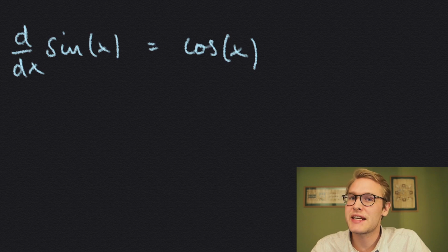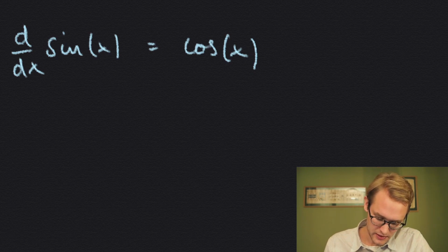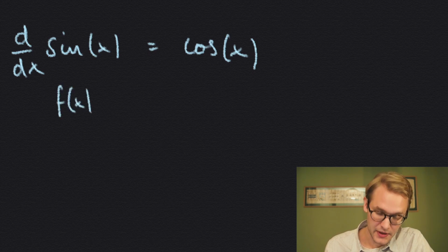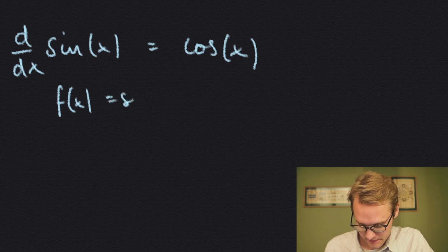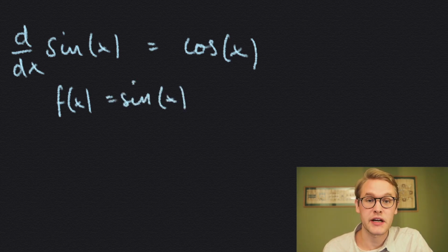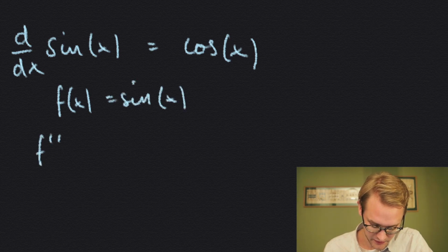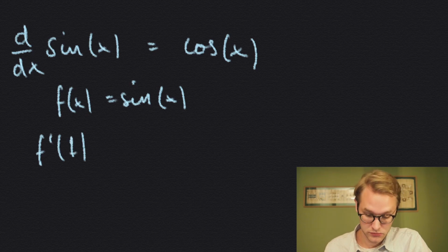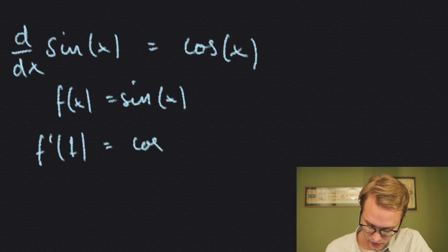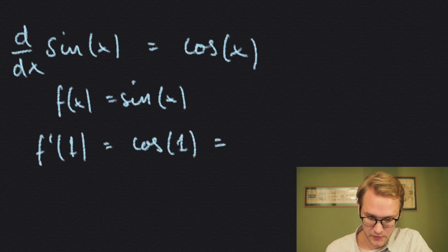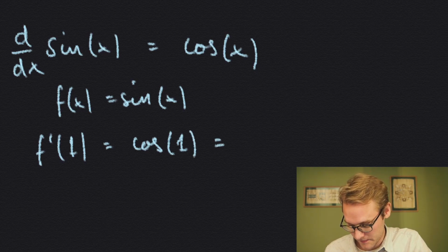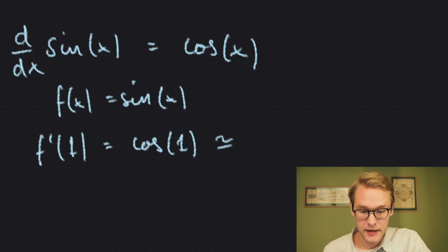So if we set x equal to 1, let me say that our function is the sine function, and the derivative evaluated at 1 will be the cosine function of 1, which is approximately